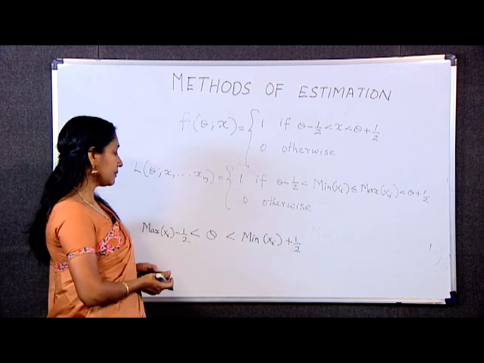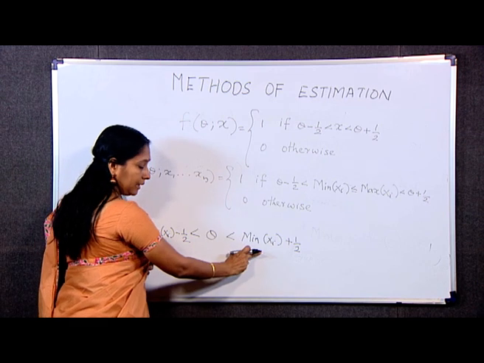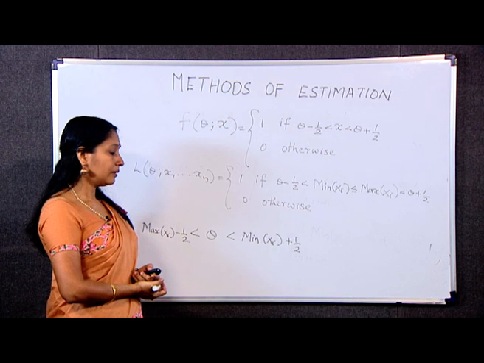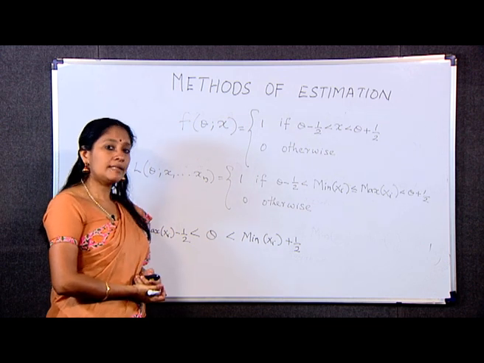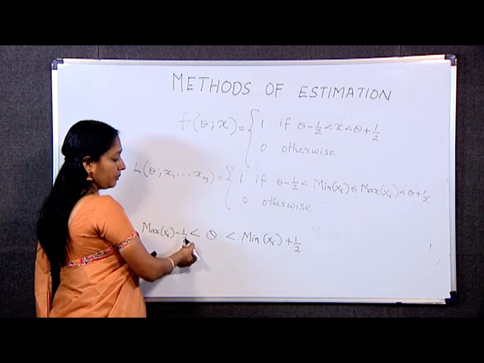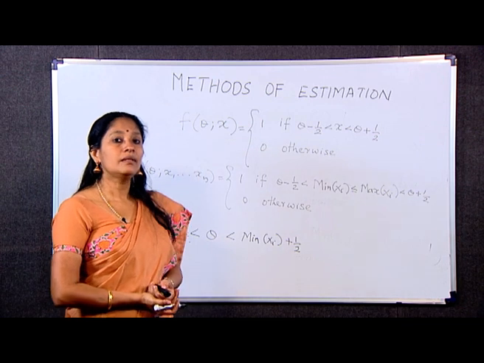It means that if theta is between these two values, the likelihood function will be maximum. Therefore, any statistic between maximum of xi minus 1 by 2 and minimum of xi plus 1 by 2 is